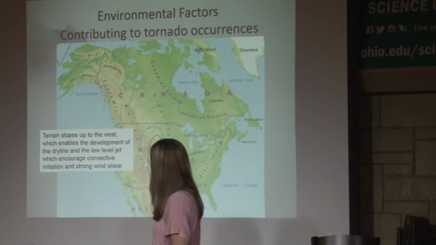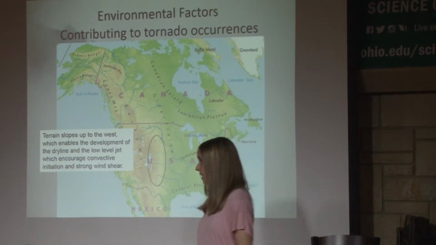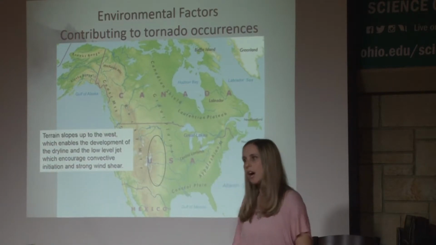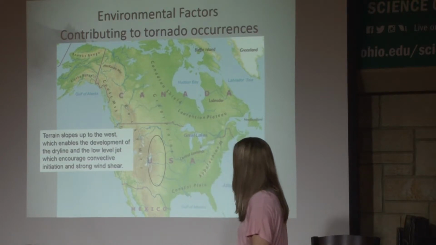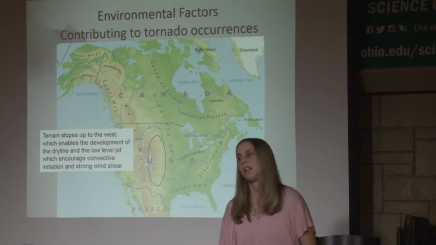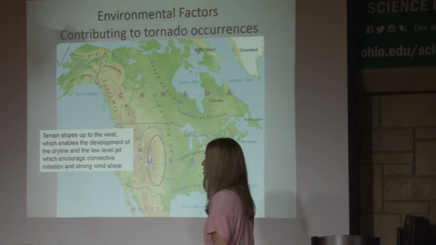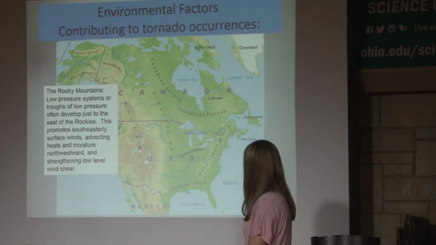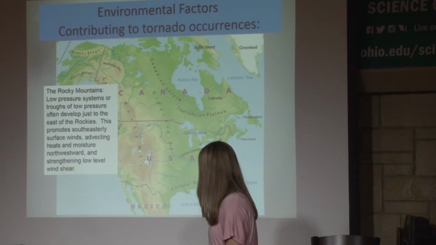And then there's also another feature called the low-level jet or the nocturnal jet. This is an area of enhanced winds just above the surface, at about a couple hundred meters to a kilometer or so. And that can really provide a strengthening of the low-level wind shear, which is crucial, particularly to the formation of tornadoes. And then lastly, or I guess not lastly yet, the Rockies also do have